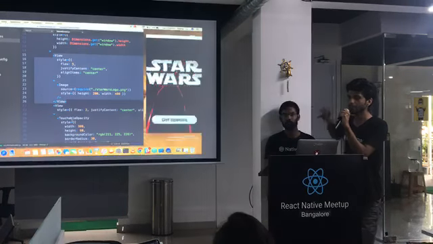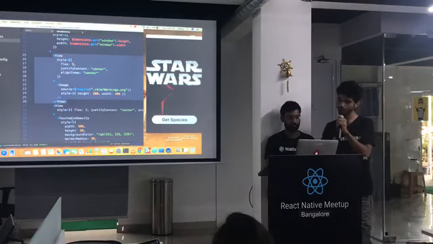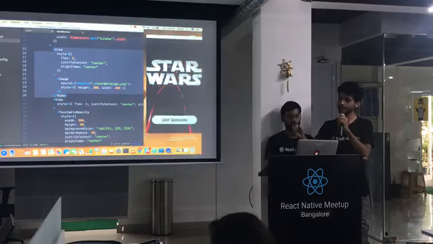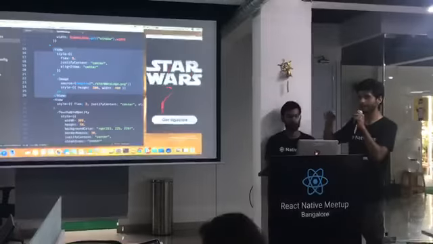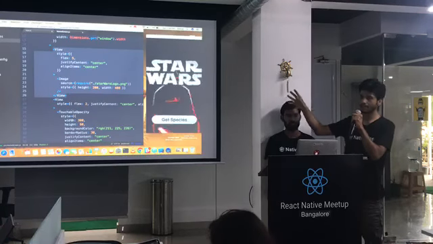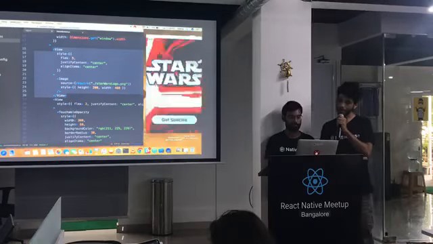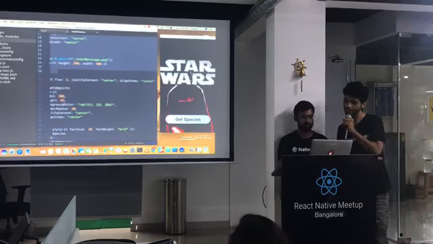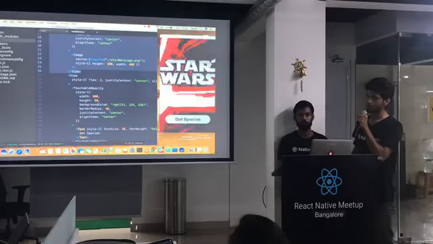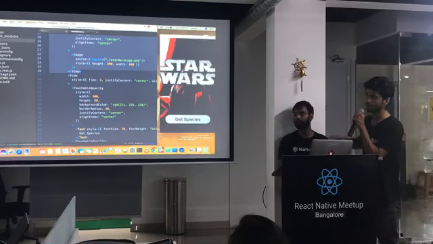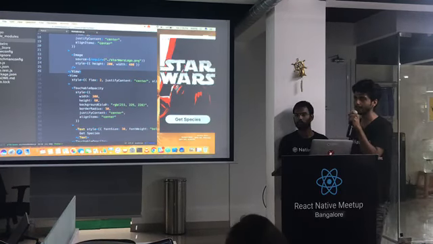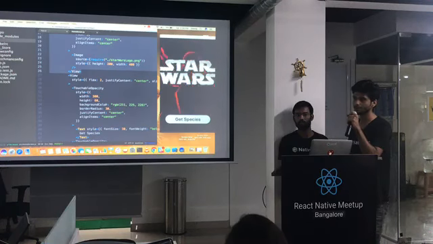So that would be the parent component. Inside this view, we've passed our image. And inside the parent component, we've done justify content center, align items center. So inside that parent, it aligns the logo in the center. With the next view, we've done the same thing. We've given justify content center, align items center, and we've passed the button inside it. So it looks how it looks. Everything will be composed inside the view component. It's not necessary, but mostly we wrap things inside a view component.